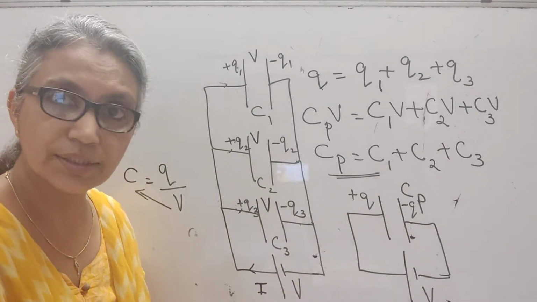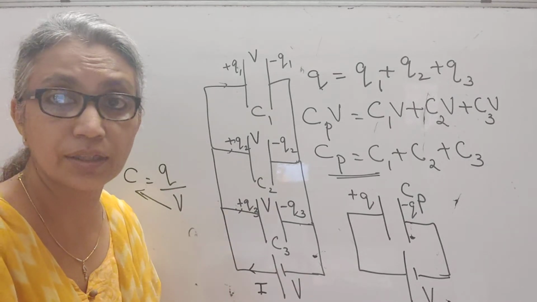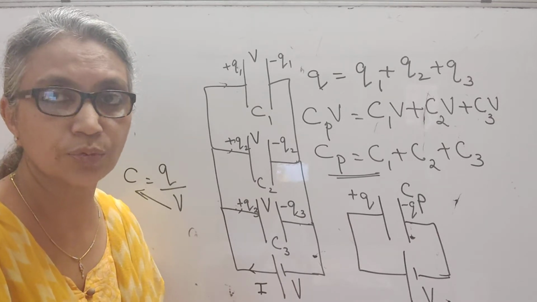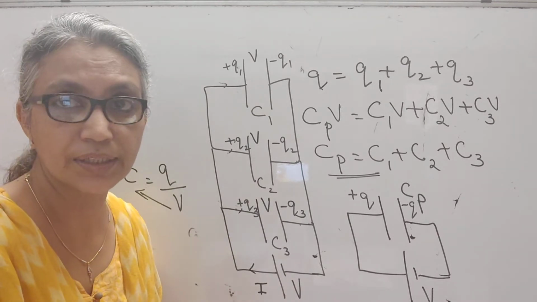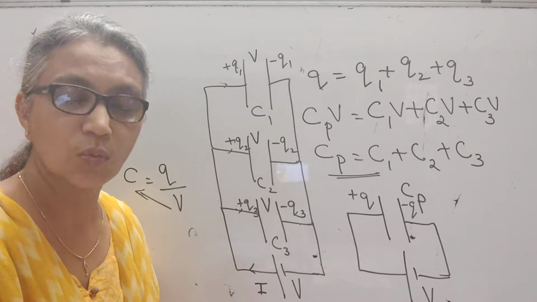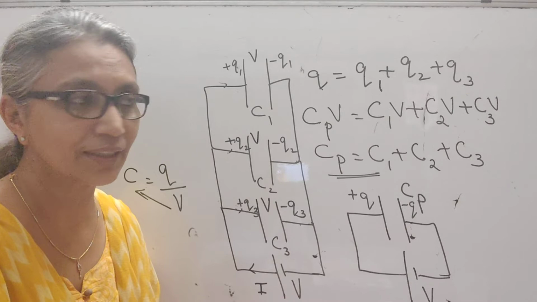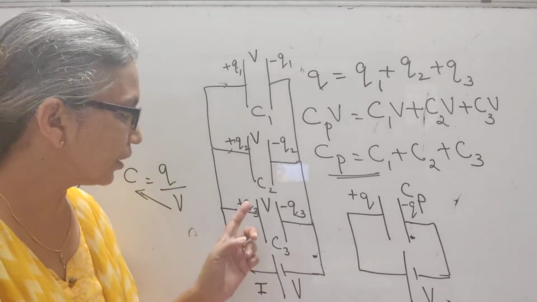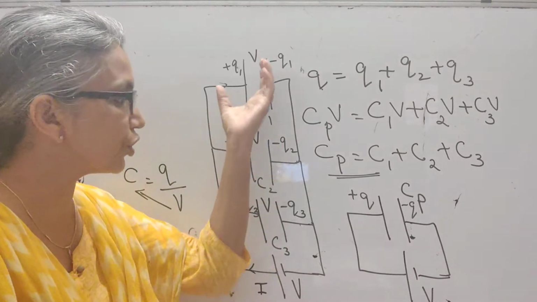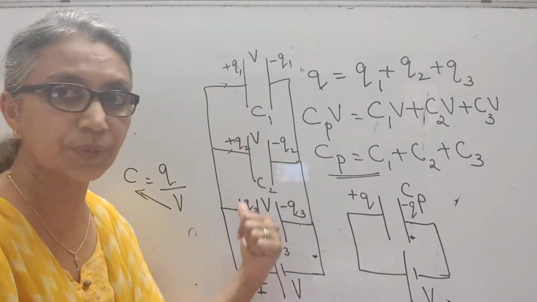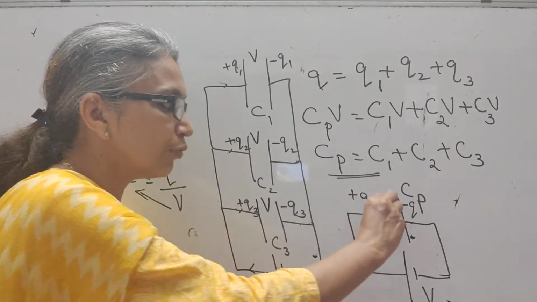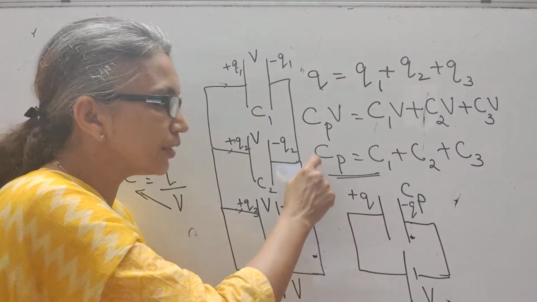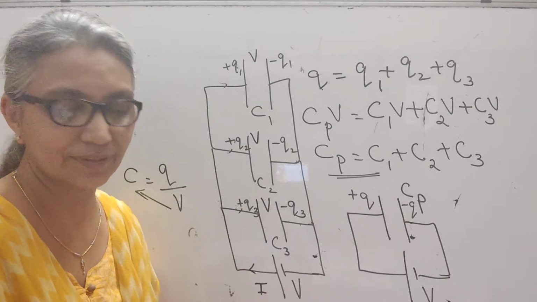So please remember, in series, all capacitors will carry the same current and therefore the same charge, but they'll have different voltages. So V equal to V1 plus V2 plus V3. From there, we see that 1 by Cs, the effective capacitance, is always equal to 1 by C1 plus 1 by C2 plus 1 by C3. Whereas in parallel, you need to remember, all the capacitors in parallel will have the same voltage, but they'll be charged differently. But the total charge will be Q equal to Q1 plus Q2 plus Q3. So if you replace all the three with an effective capacitor whose capacitance Cp is the effective of C1, C2 and C3, then Cp is equal to C1 plus C2 plus C3.